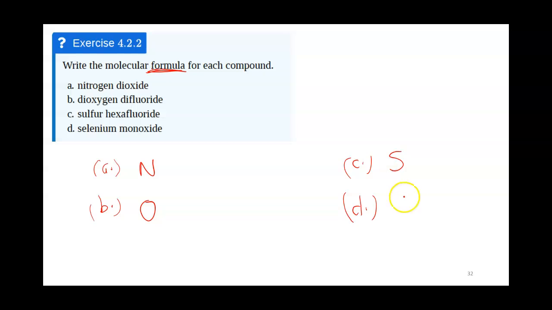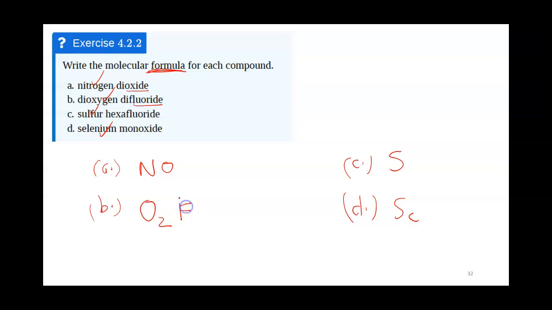So we have nitrogen, oxygen, sulfur, and selenium. Now all of these, there's only one of them because there's no prefix, with the exception of oxygen where there is two of them. Now I'm going to move on to the second element, and it says oxide,